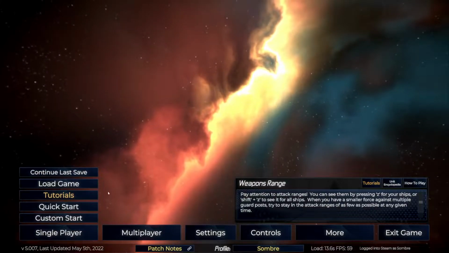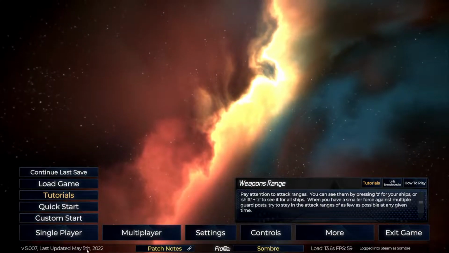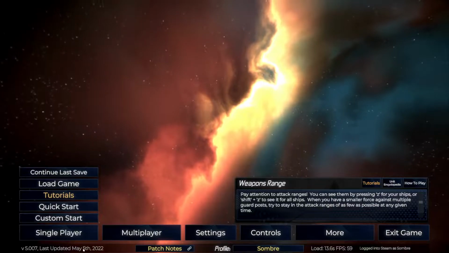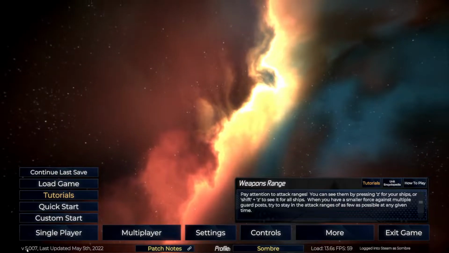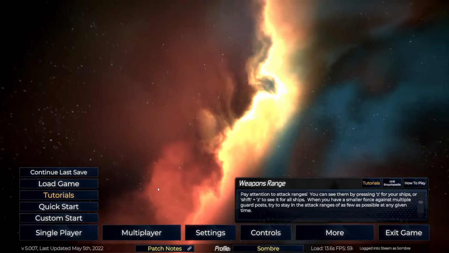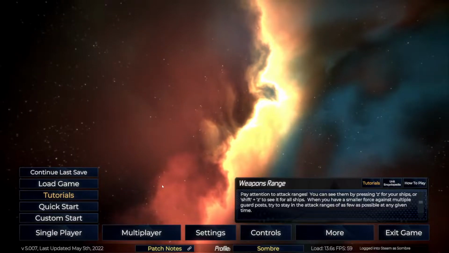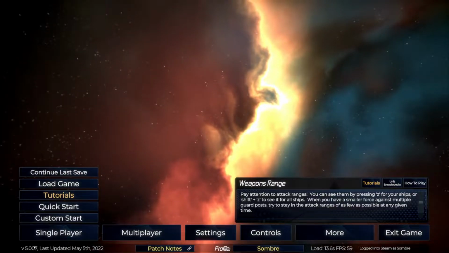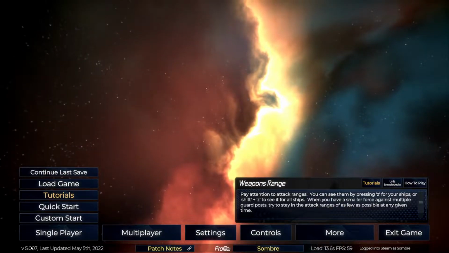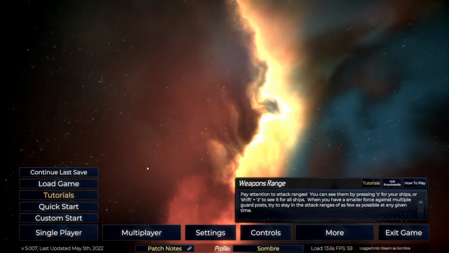Let's go back to where we were, but before we do, you will notice that the version number has been updated as of May 5th. It's now version 507, I think it was 505 the last time we talked, and lots of bug fixes. This is one of the things that Arkan, the developers of this game, are really great at: they do lots of bug fixes and kind of balance tweaks in the new versions. There's nothing that important for the campaign that I was doing,